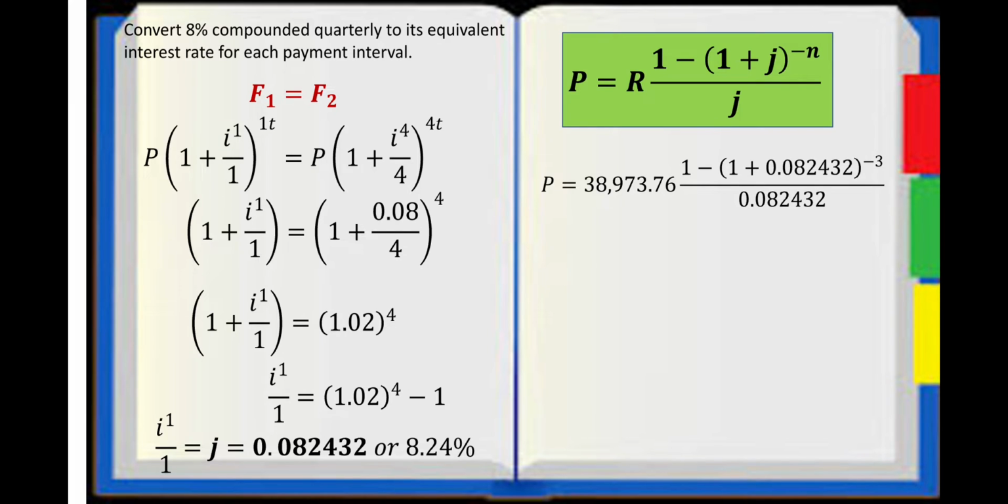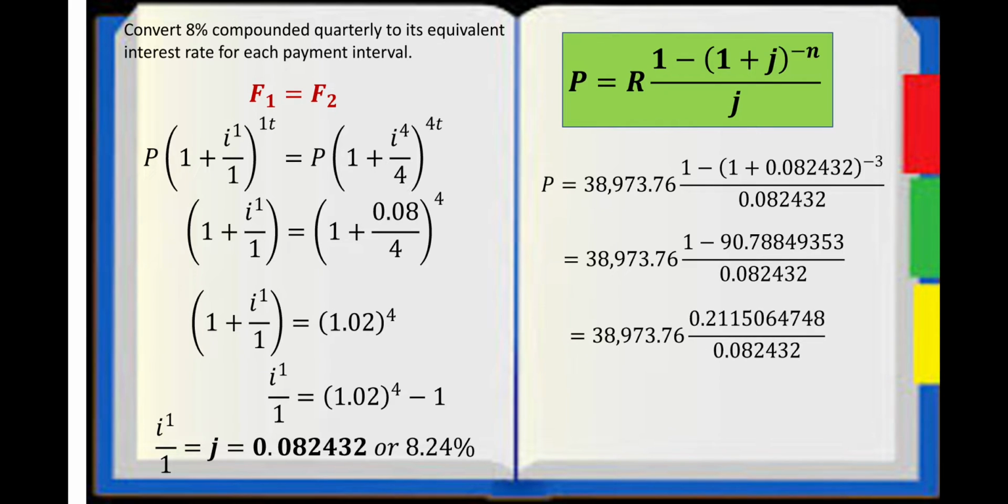So using the formula and finding the present value, substituting the regular payment, that is 38,973.76, and the value of i computed, 0.082432, raised to the value of n, which is negative 3, over 0.082432. And 1.082432 raised to negative 3 is equal to 0.78849354. Then 1 minus 0.78849354